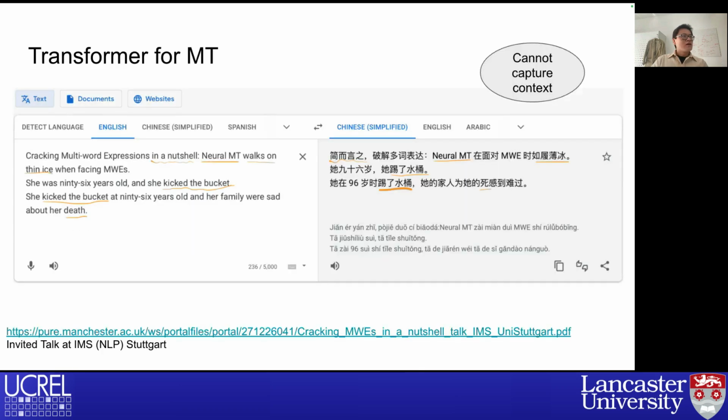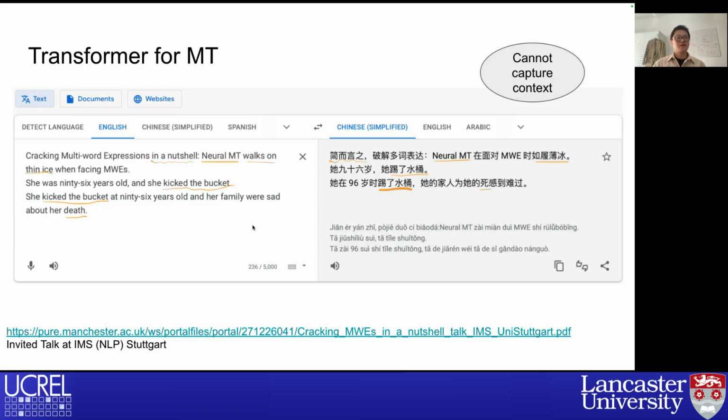So at that time, we tested the transformer for machine translation purposes. I gave some slang, like "she was 96 years old and she kicks buckets." Or I gave some context, like "she kicks buckets at 96 years old and her family were sad about her death." Even though people give this context, they translate very literally that this older person literally kicked the bucket